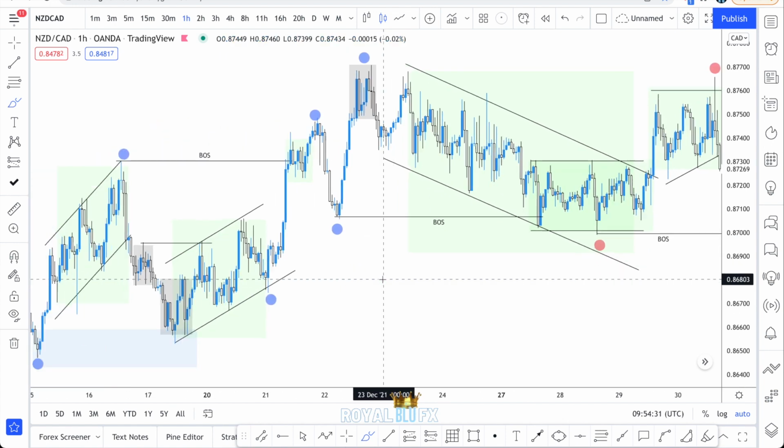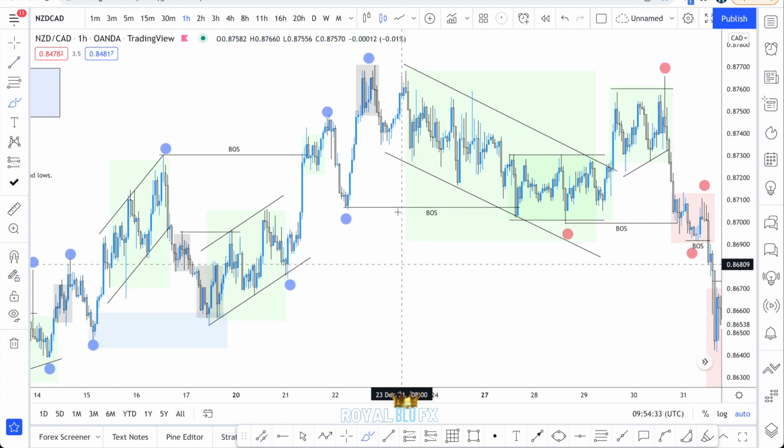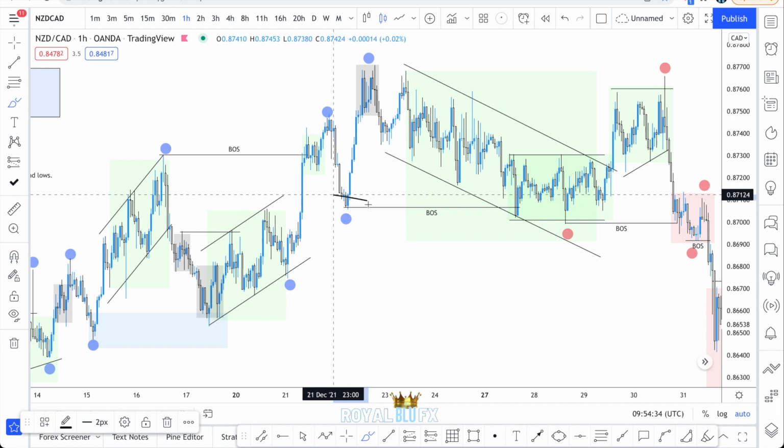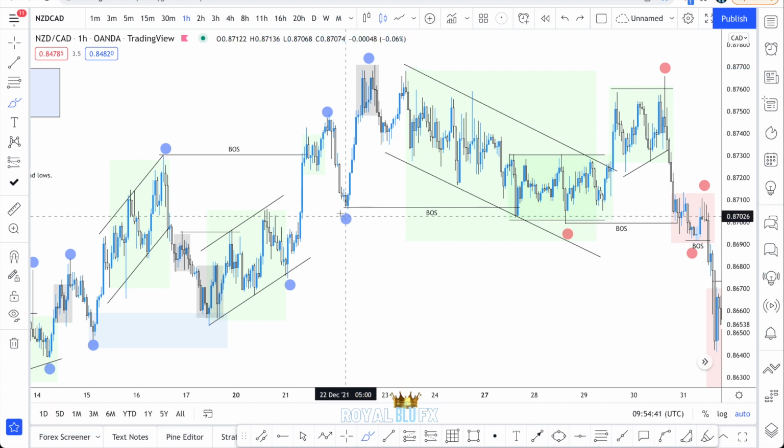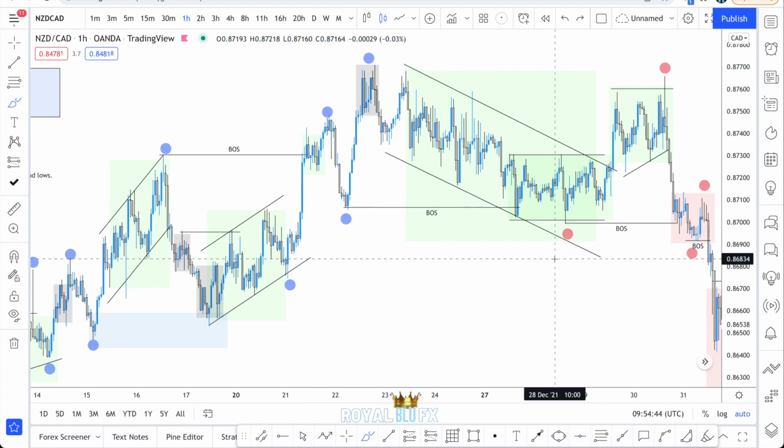Okay, let's zoom out a bit. Once we zoom out, you can see we had a break of structure here. You can see that this was the lowest at this point, and this was the highest at this point. You can see that we had that break of structure violated. Now,